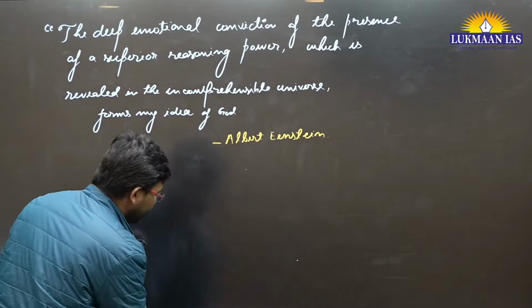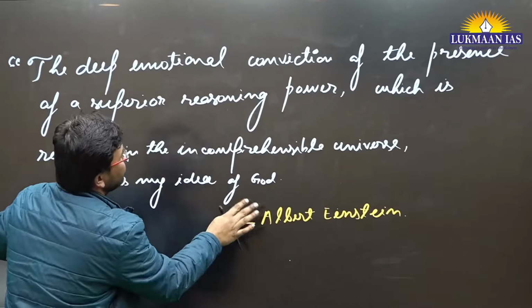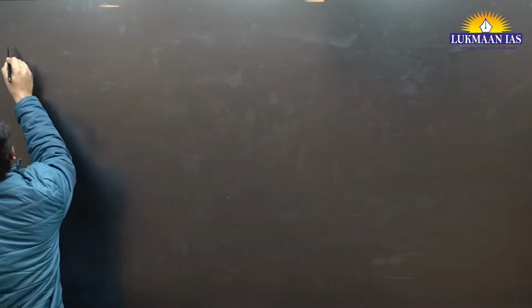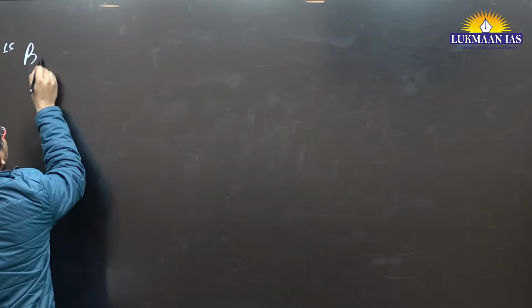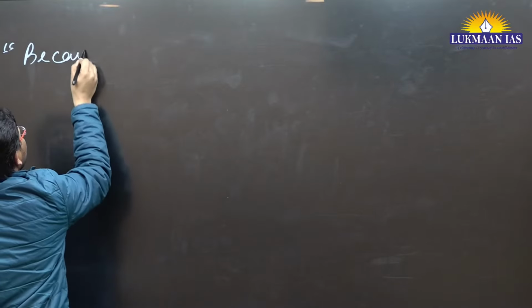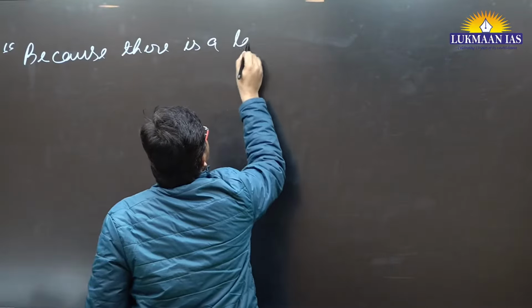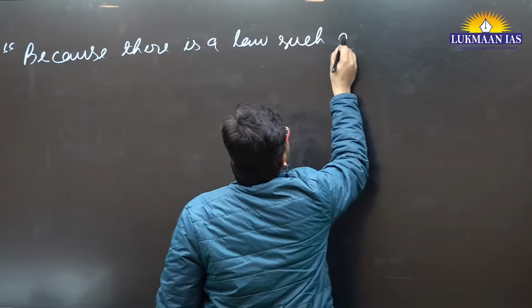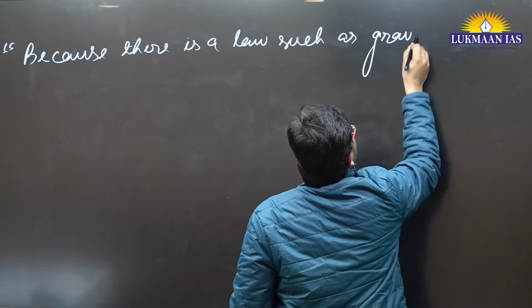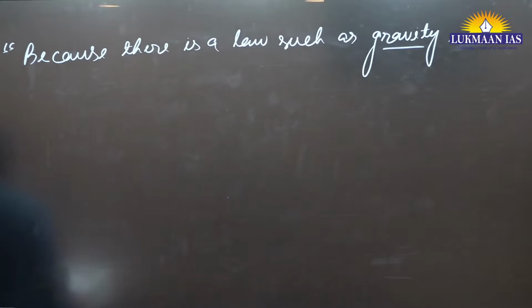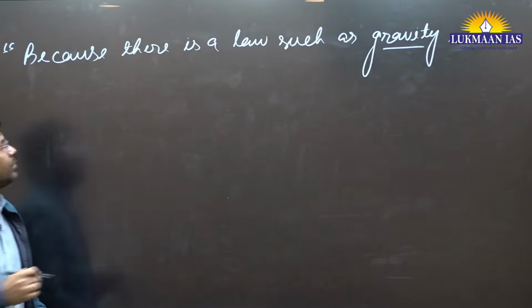Okay, let me make it a little bigger so that those people who are not able to see it will be able to understand. This is going to be very important. Write down this thing: Because there is a law such as gravity, the universe can and will create itself